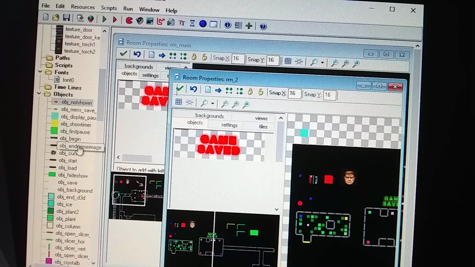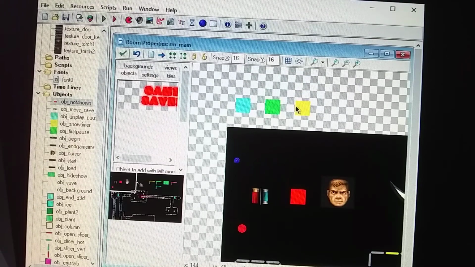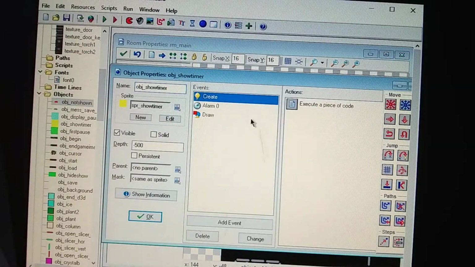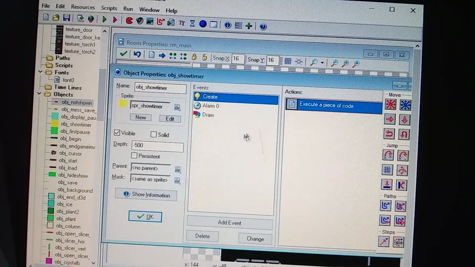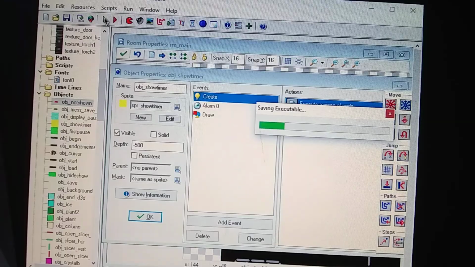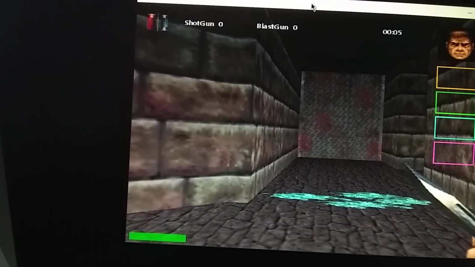Now I'll talk about the timer. Now in the timer I have it shown in the first room, just to give you an example of what it looks like. Now I'm going to change this minutes to 0 and change the seconds to 5, just to show you what happens after 5 seconds. Then I'll explain the timer. Normally you would have it for like 10 minutes or whatever, but just to give you an example of what it does. So it's going to count down,